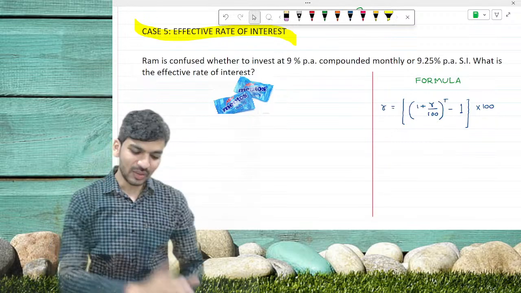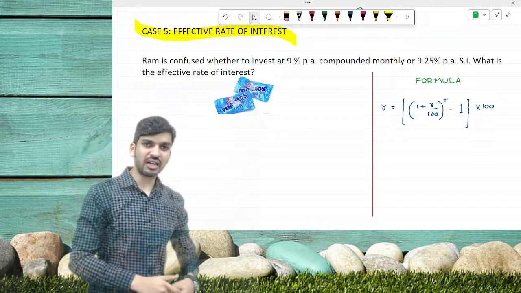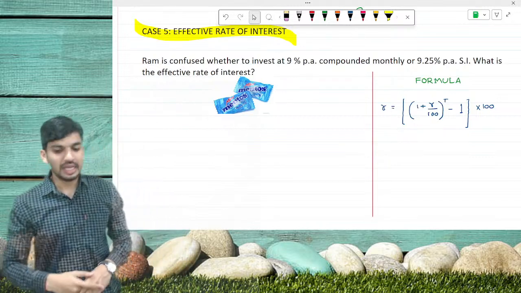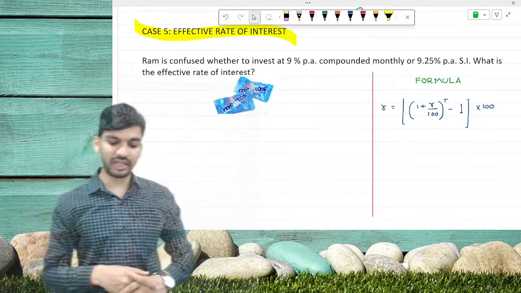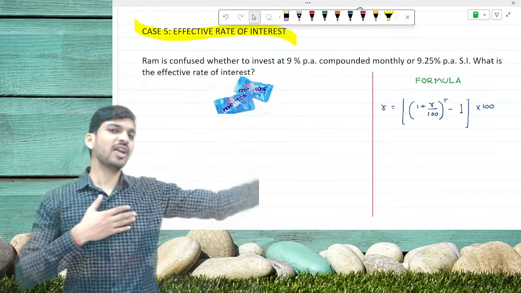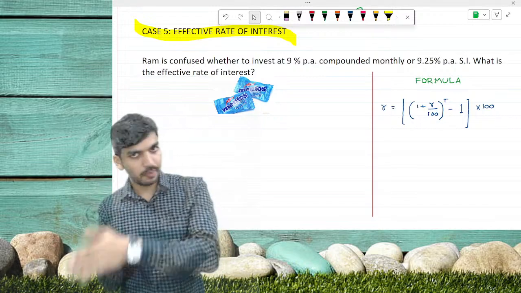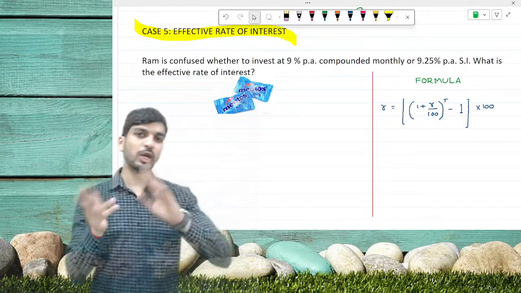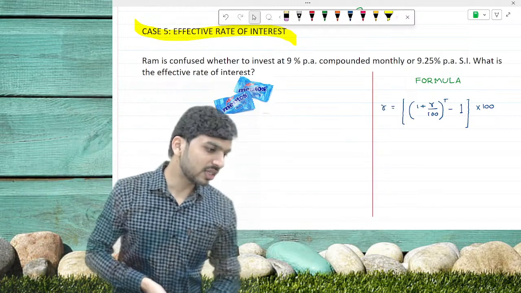Now let's continue. Type 5, effective rate of interest. Again, star mark this question. This kind of question is seen in your exams many times, and there is a big formula. But we are not going to use that formula. We are going to apply some concept and some trick also. So we are going to use a mixture of concept and trick. Nandu, yes, thank you.